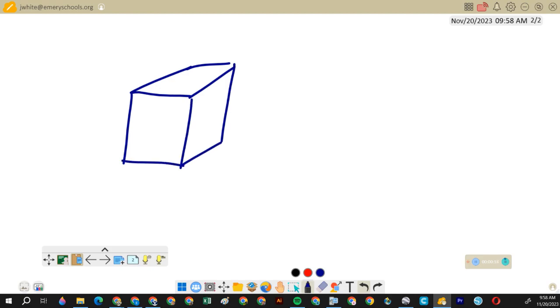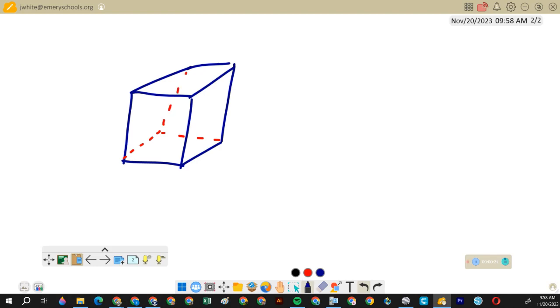Okay, we're working on 6.7. It is the volume of cylinders, cones, and spheres. If we had a rectangular prism and I wanted its volume,